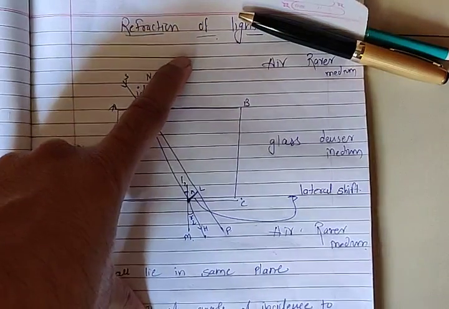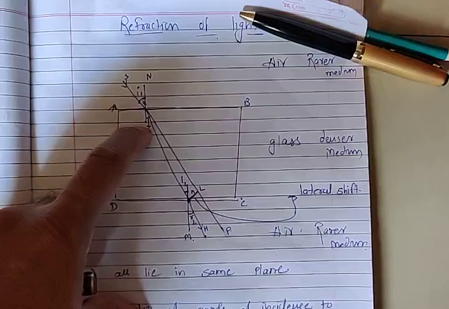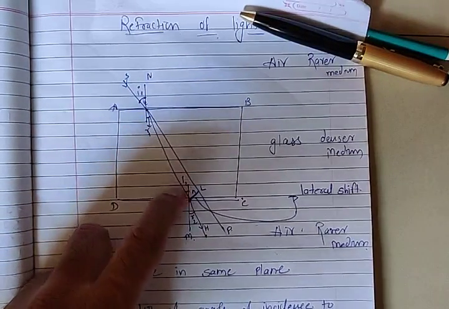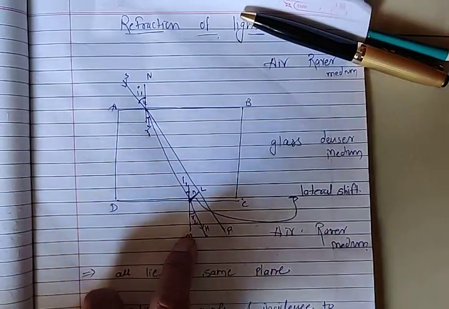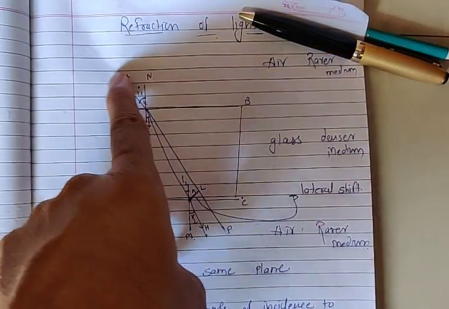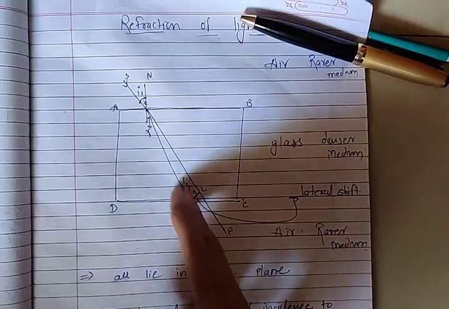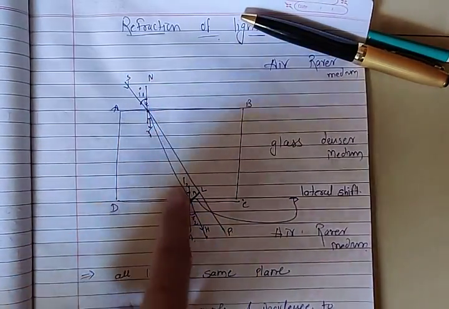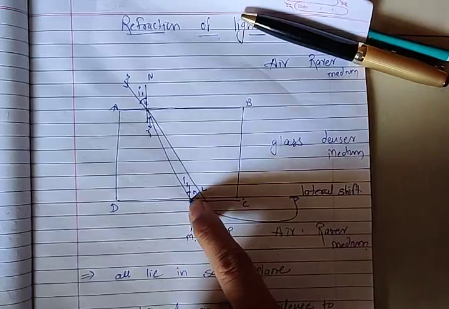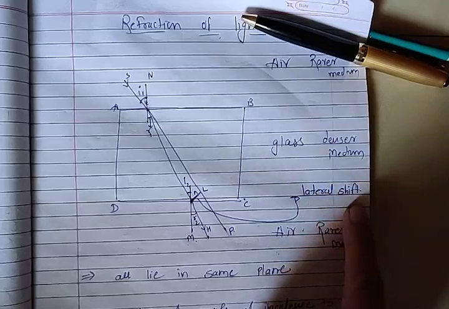Once again, this is called medium 1 and this is medium 2. In medium 2, the angle of R is equal to the angle of I. Once again it comes back to the air, which is a rarer medium. So if I draw a straight line with the help of a paper pin, and plot another after putting the glass slab, I can see some deflection from this point to L. This is known as the lateral shift.